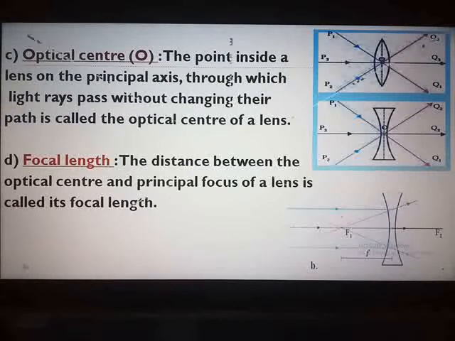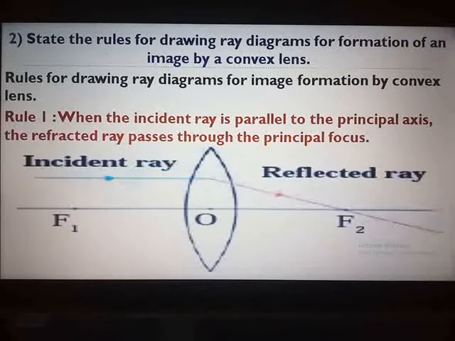The second additional question, very important, which can be asked in the exam for 3 marks. All of you refer to page number 82. So the additional questions on page number 81 are over. Page number 80, they have already given in the textual part about concave and convex lens. Page number 82 you have an additional question. State the rules for drawing ray diagrams for formation of an image by a convex lens. You studied the rules last year when you studied drawing ray diagrams for the formation of an image by a spherical mirror. I hope you remember. So this answer is also clearly given on page number 82.